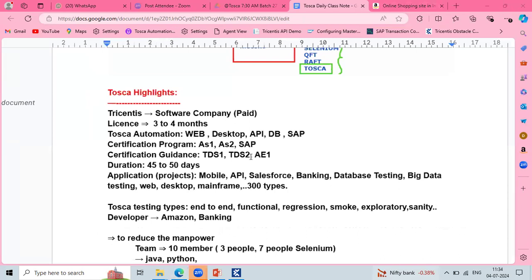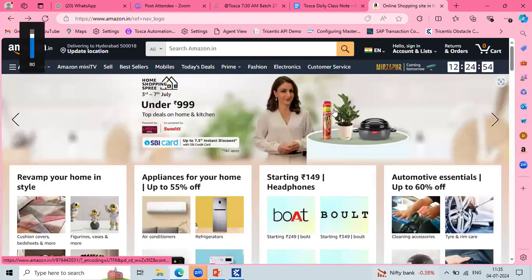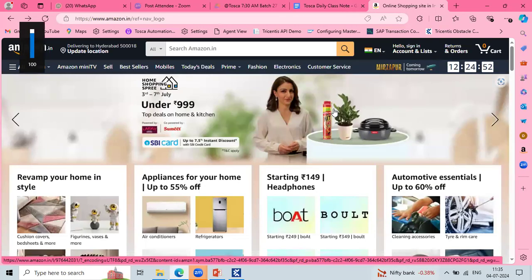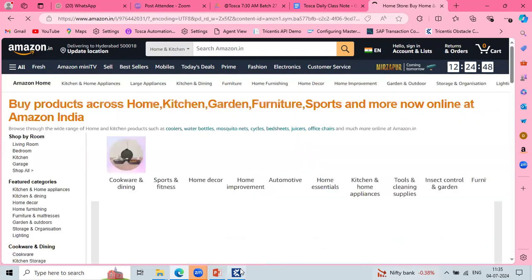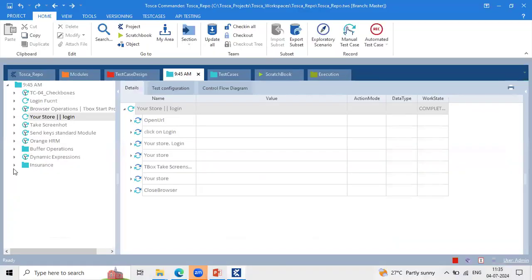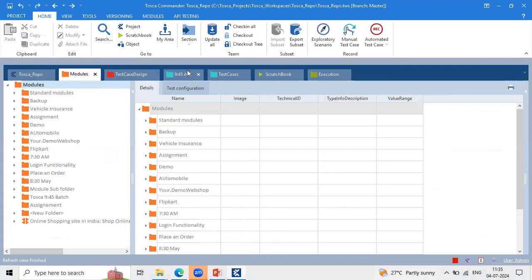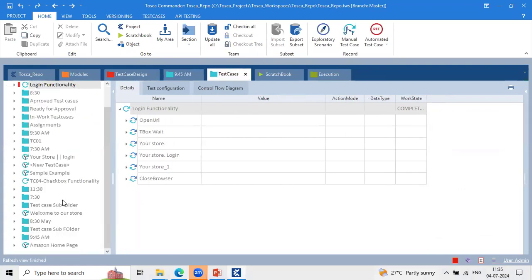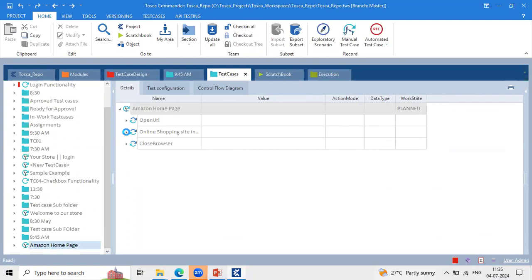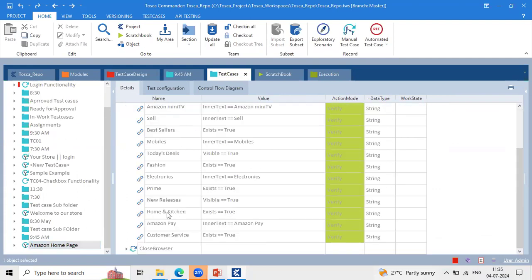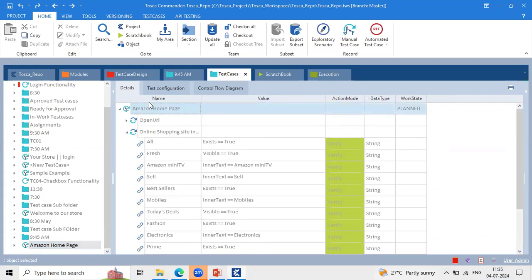Got it. Is it true that we can work on Amazon as well? Because when I tried last month, it scanned properly, and then it showed some error saying that due to security issues or something like that. Is it really possible? Yes, we can work on it. Now we are able to scan, right? I explained a couple of examples on Amazon to my previous batches also. I think there are no restrictions. I scanned everything related to Amazon homepage activities and explained it to the team members, and it's working perfectly fine.